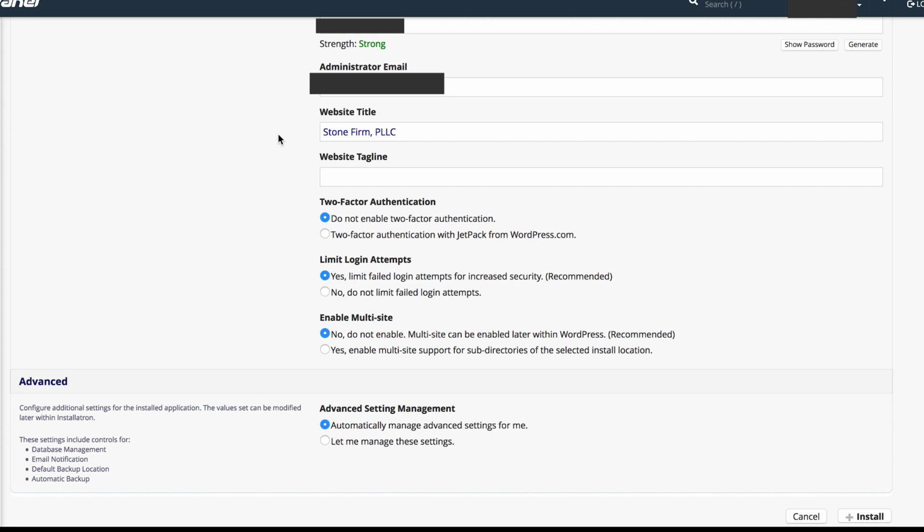And once you've taken care of that, also consider what the administrator email is going to be. This is going to be your email, and typically this is going to be the email that's basically going to be your profile if you are leaving comments or responding to comments. This will also be the email, typically, depending on your settings, that your contact forms, whenever they are filled out, will reach out to.